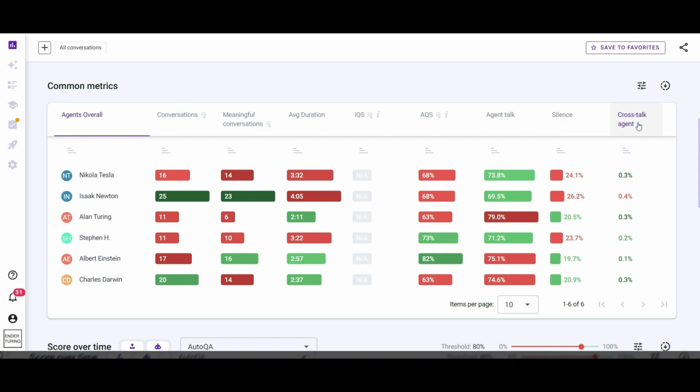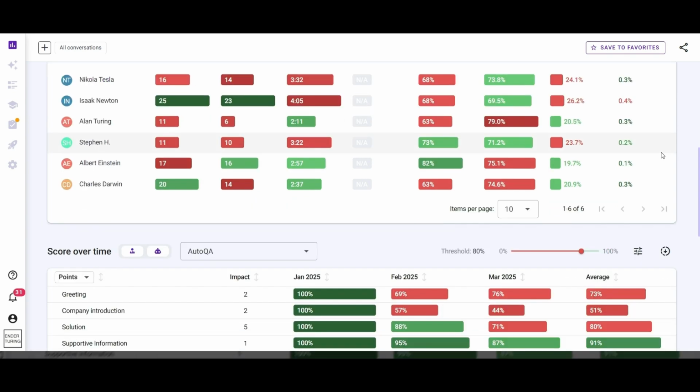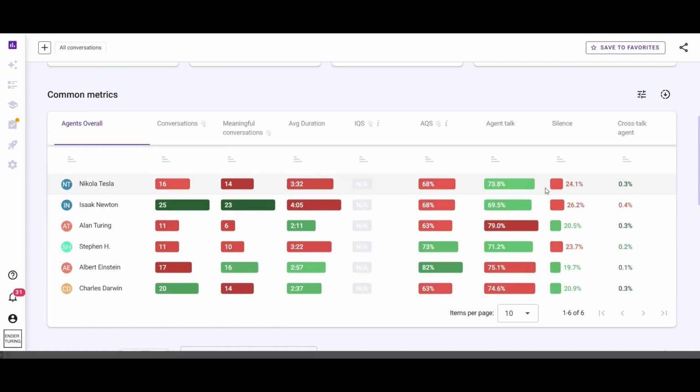You can also track agent-customer interruptions. The standard limit is 2.5%, meaning if an agent interrupts a client more than this, it is noticeable during the call and might make the customer feel uncomfortable, so such an agent's calls deserve attention. Please note that the green and red color indicators are based on the median score of all agents in the team or the entire contact center. So, if an agent's score is below the median, it appears in red; if it is above,